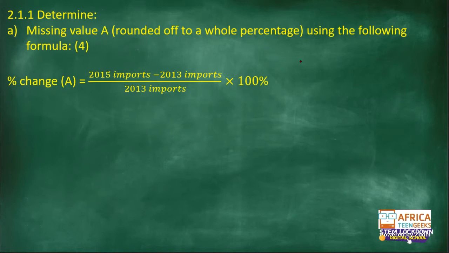You will remember it as new price minus old price over old price multiplied by 100. It's the same formula. You can see that. So you know these formulas. It's just that they will change in context. But the principle of the formula is